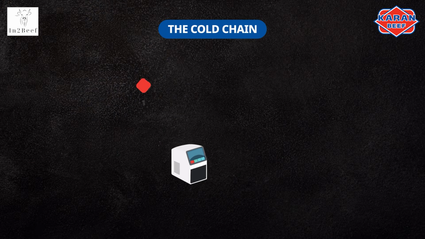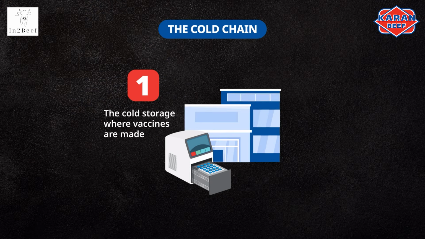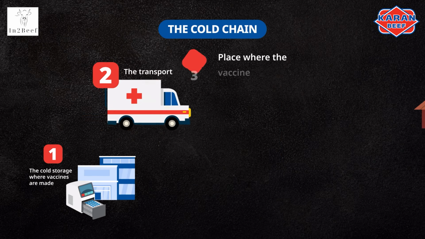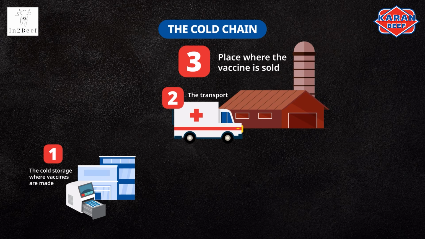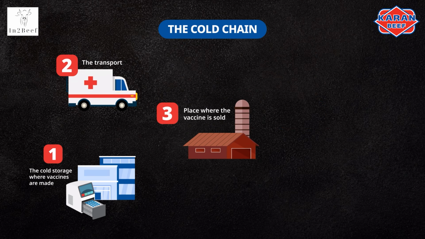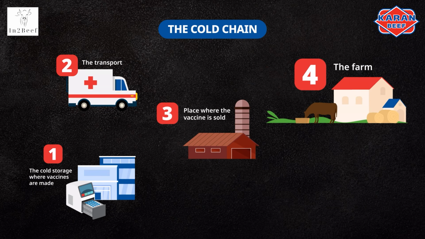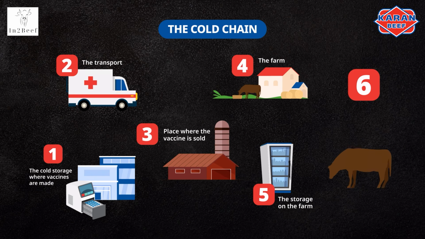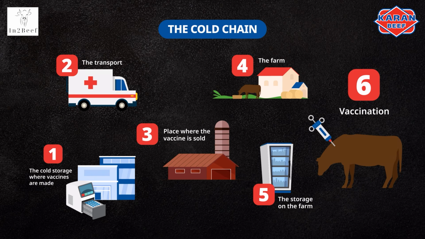The cold chain will start with the cold storage where vaccines are made, extend to the transport, then to where the vaccine is sold, for example, a vet or co-op, then the transfer of the vaccine from the vet or co-op to the farm, the storage on the farm, and finally to its end use, the actual injecting of cattle